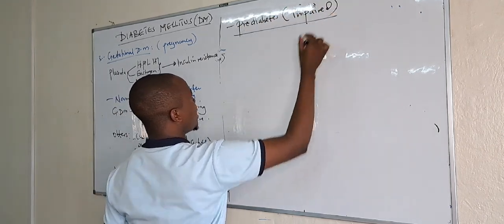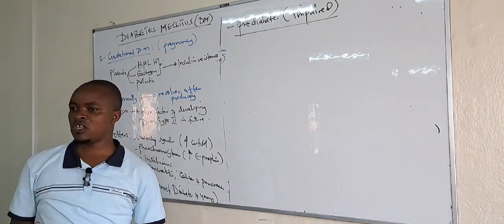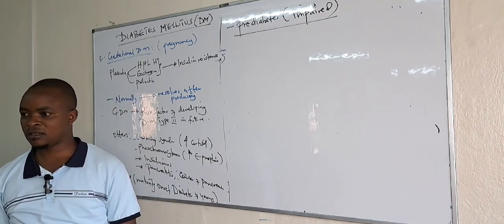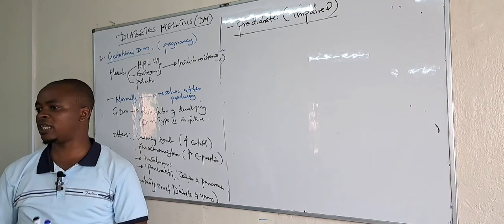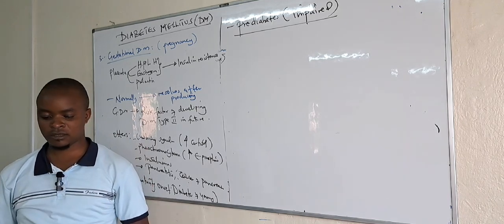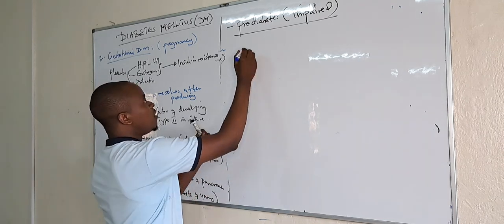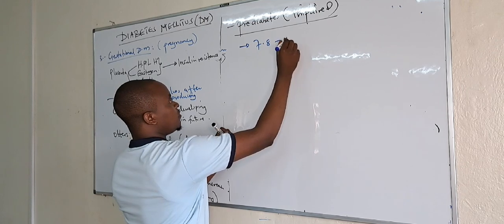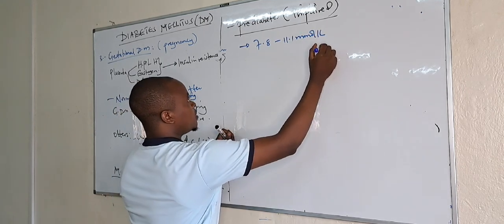You find you are in this state of prediabetes, whereby you are not normal and you are not diabetic. So you are impaired, but we cannot confirm that you are diabetic. This impaired state, or prediabetes, is where you have sugar levels between 7.8 to 11.1 millimoles per liter